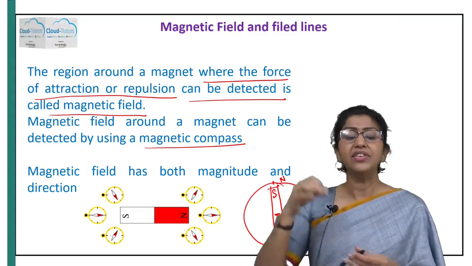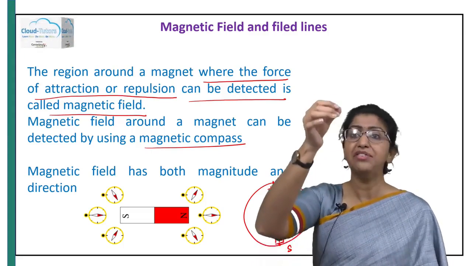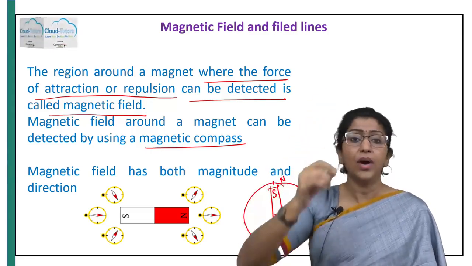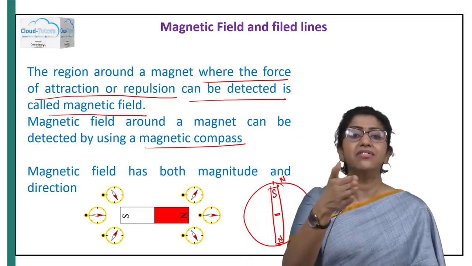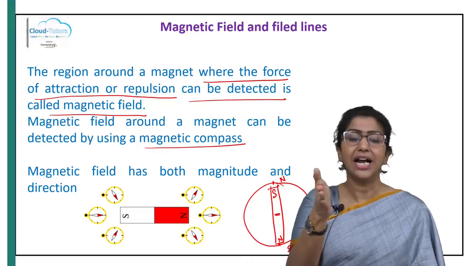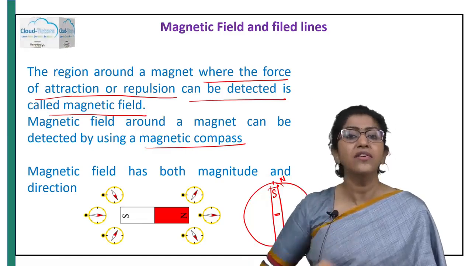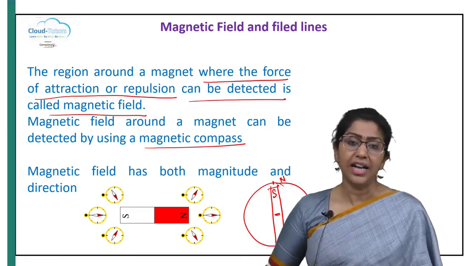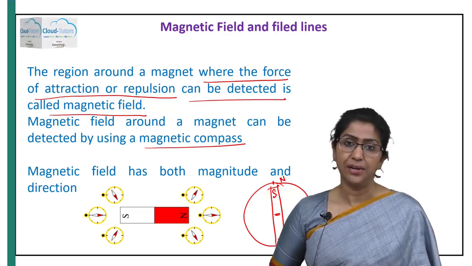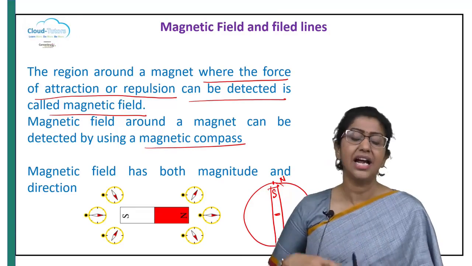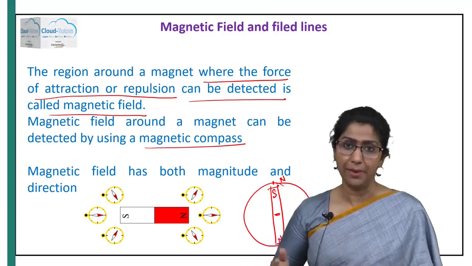So whenever we suspend a bar magnet freely using a thread and hold it in this fashion, what happens? It basically deflects for a while and stands still, or comes to rest in the north and south direction of the Earth's geographic field. Alright, so this is because Earth has its own magnetic field and acts as a giant bar magnet.